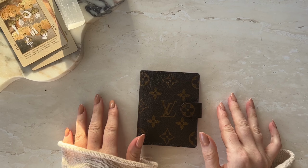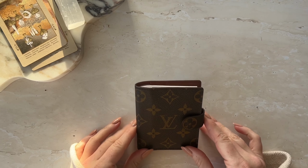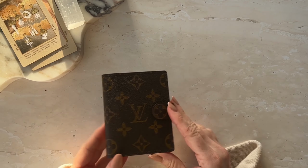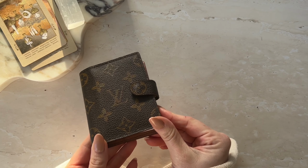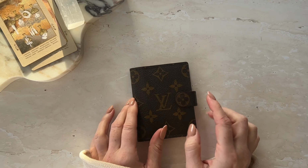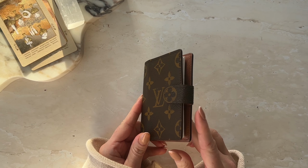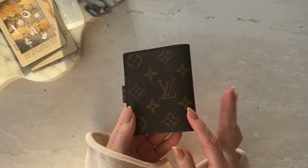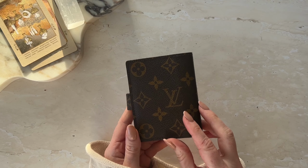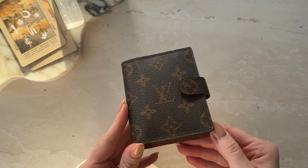So I have a little bit of sunlight. It has been miserable all day, so I am taking the chance now to film. This is the little cover that I received today, and I wanted to show you it in better lighting because it's just so freaking cute, and it probably wasn't doing it justice on my desk with the LED lighting. But look how cute this little Louis Vuitton